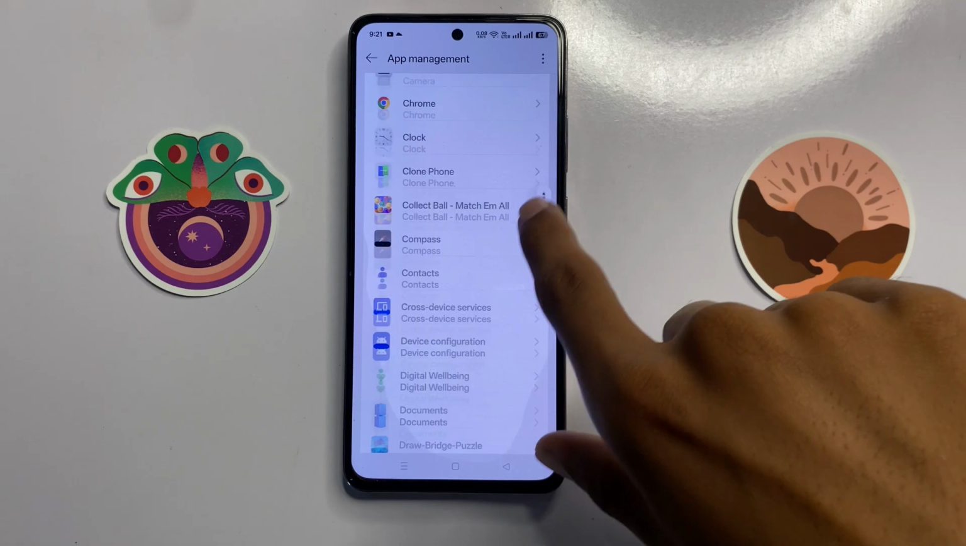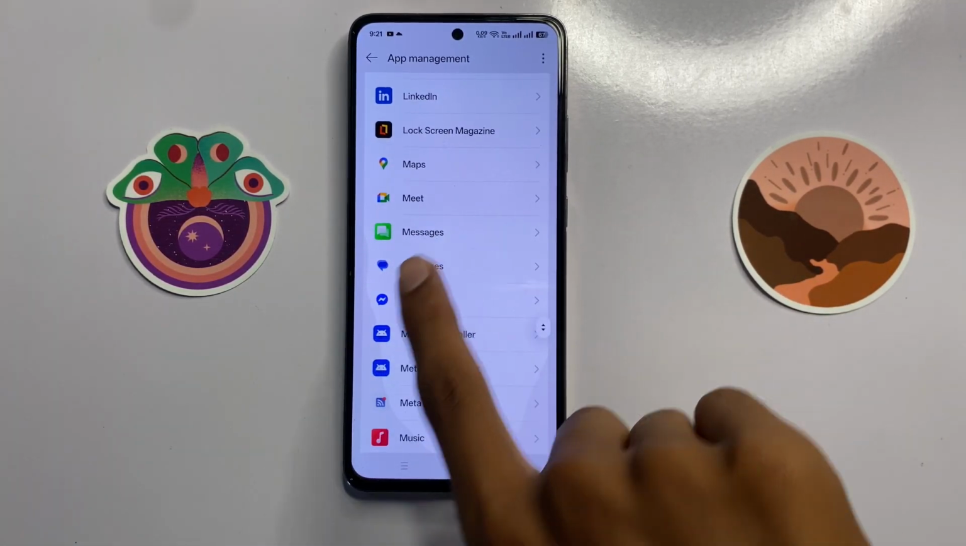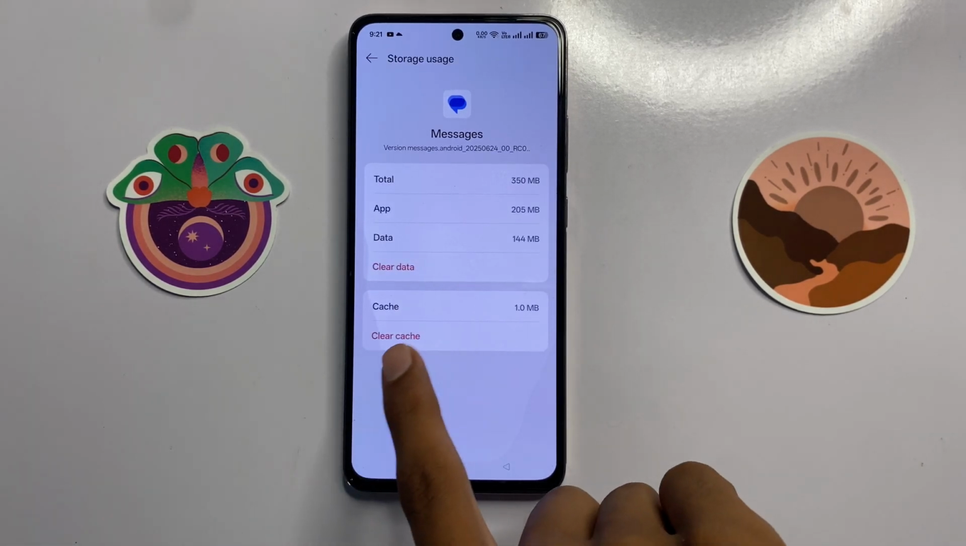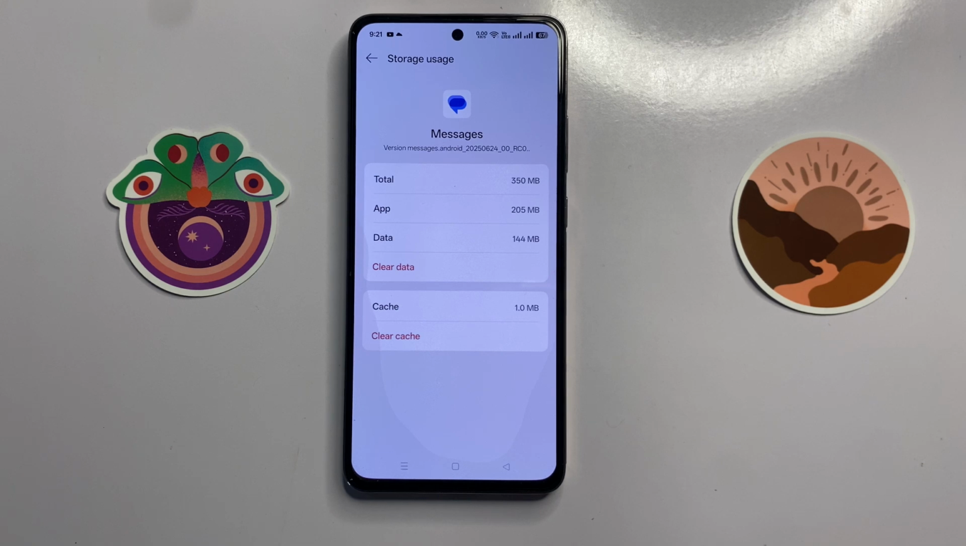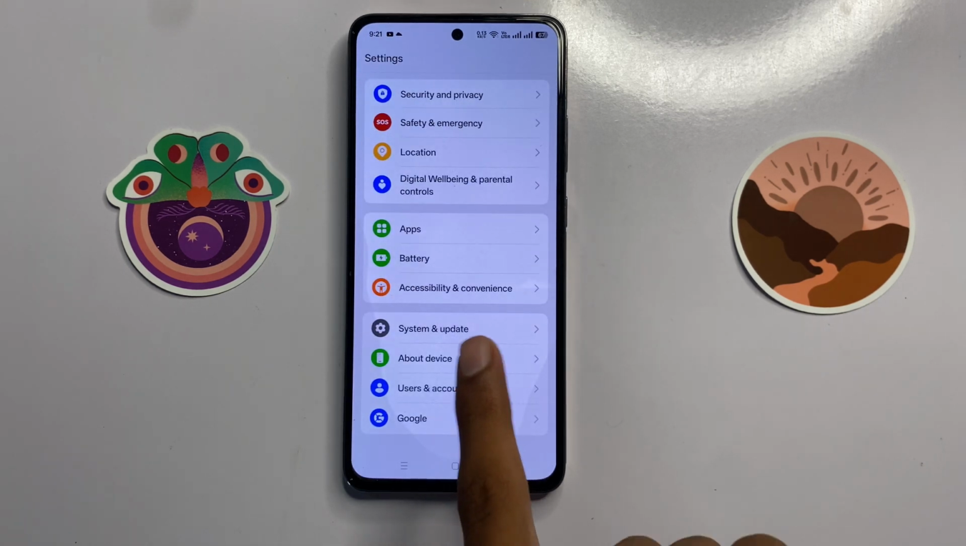Now scroll down and here you can see the Messages app. Now click on it and then click on Storage usage. Now here you can clear the cache memory of the Messages app. After clearing the cache memory, go back to the main page of your settings and click on System and